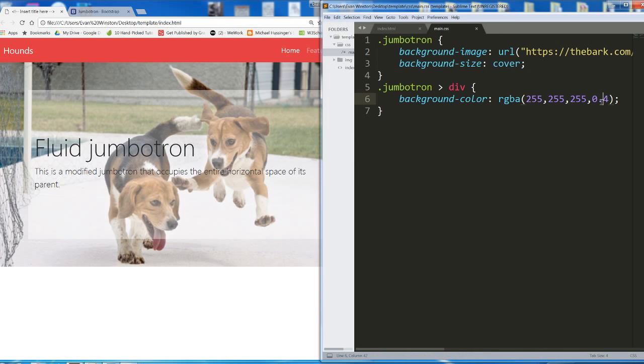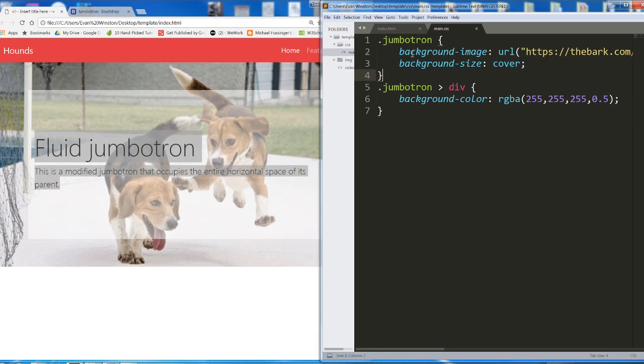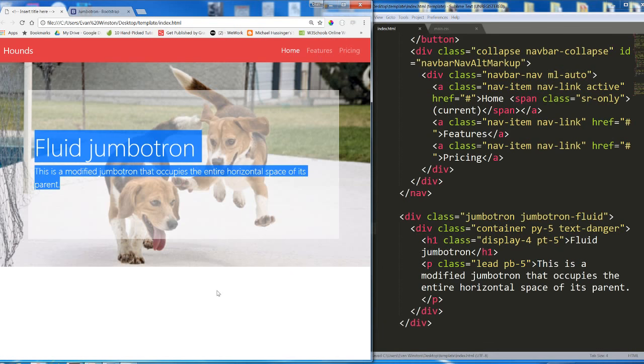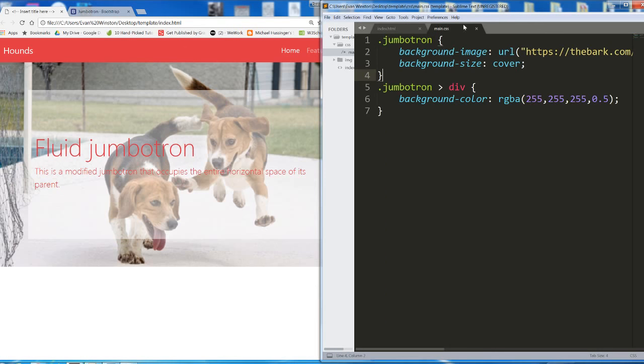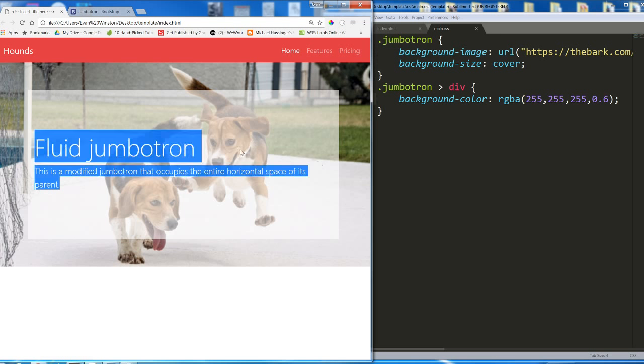That gets us here. I could probably push that up to 0.5. Okay, it's not bad. We can still see the image and appreciate the beagles. We can now more easily read our text. But let's also change the color of our text to match our nav bar for this Jumbotron. It's a little better. I'll stick with it for now. And I'll try 0.6. Okay, I think I'm pretty happy with that. I'm okay with that. The only thing I want to do now is push the text away from the sides